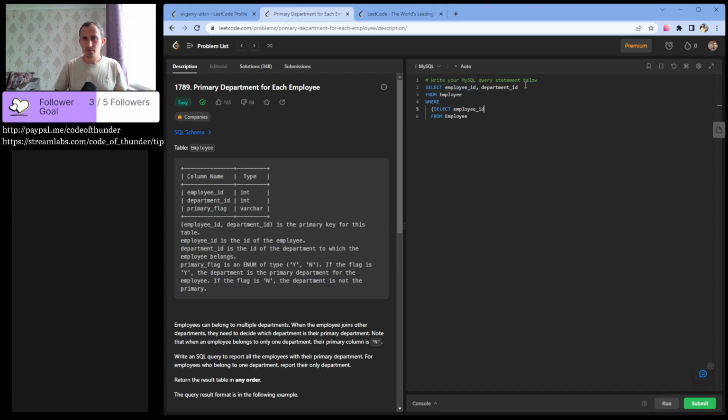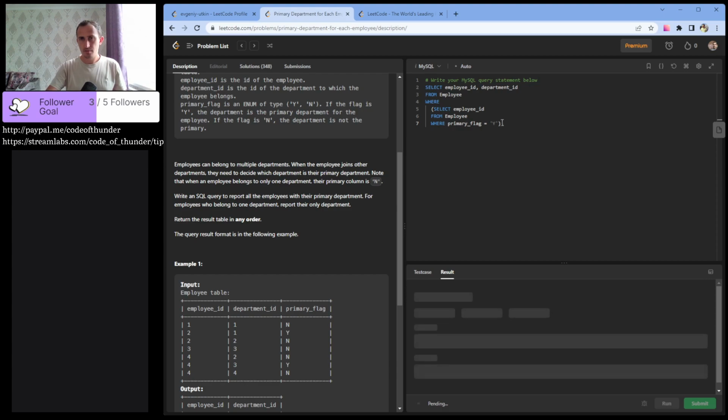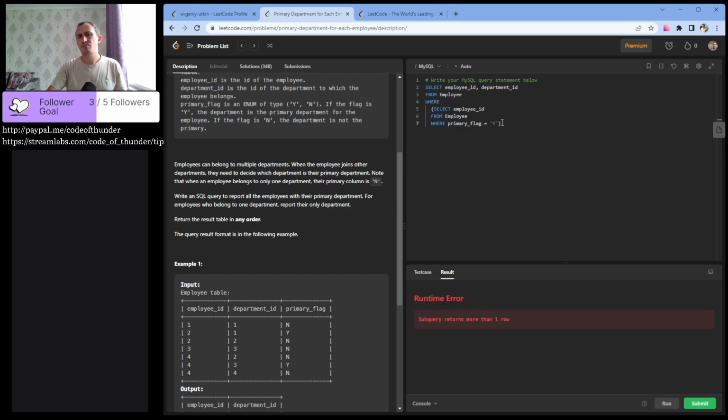I don't think it even matters what we select here. Well, it's our favorite one, where primary key, probably like this. Is it working? Subquery returns more than one row.